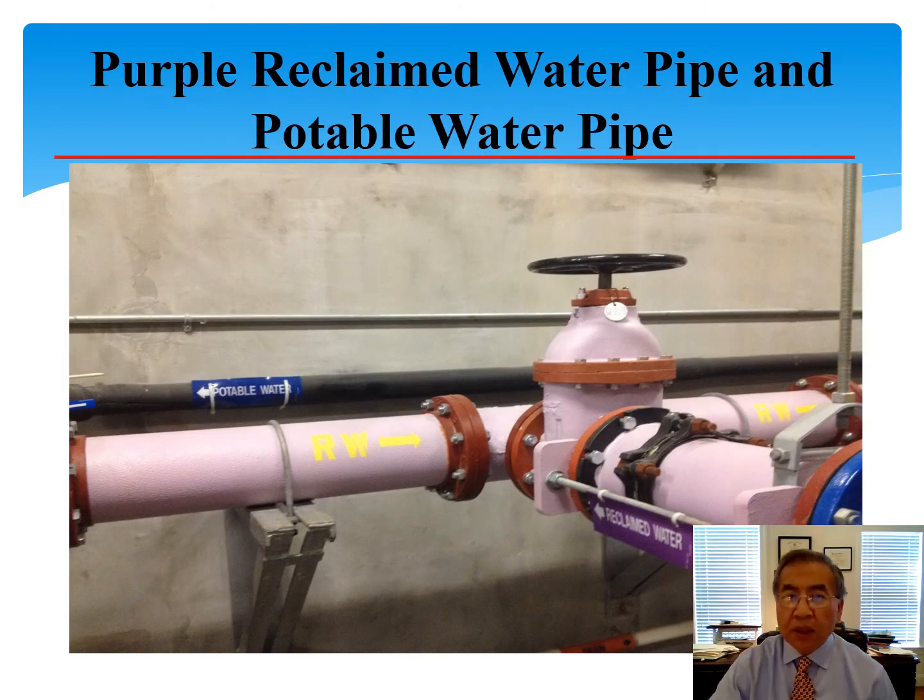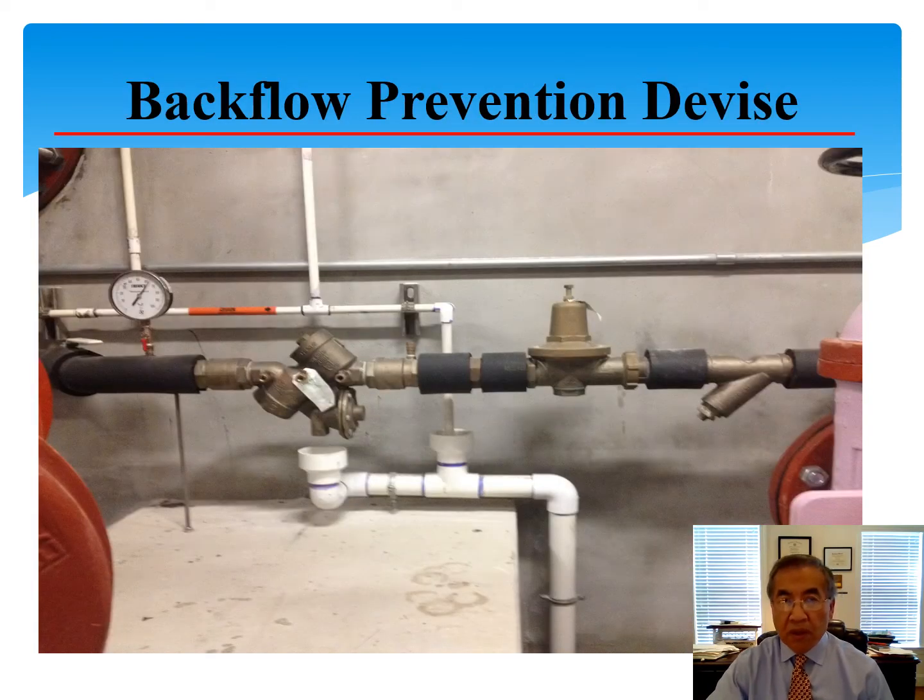This is a reclaimed water pipe inside the pumping station. See, this color has to be sort of a pinkish purple to differentiate it from the potable water, which is a black pipe right here. So this pipe has to be colored purple. This is a backflow preventer. See the yellow pipe connected to the backflow preventer, this copper yellow color, which prevents backflow into the water supply pipe. This civil pipe is a water supply pipe. We don't want them to have a close connection, so we need this backflow prevention device.